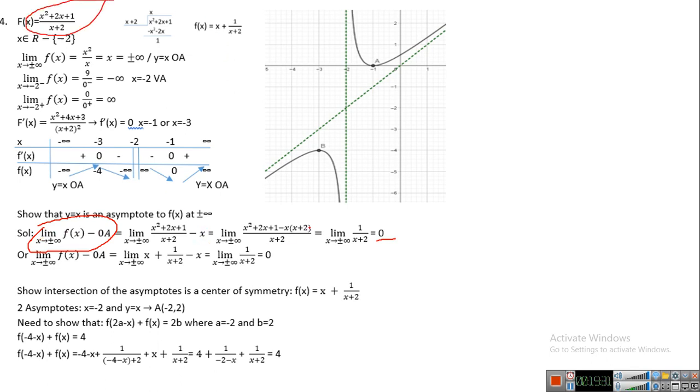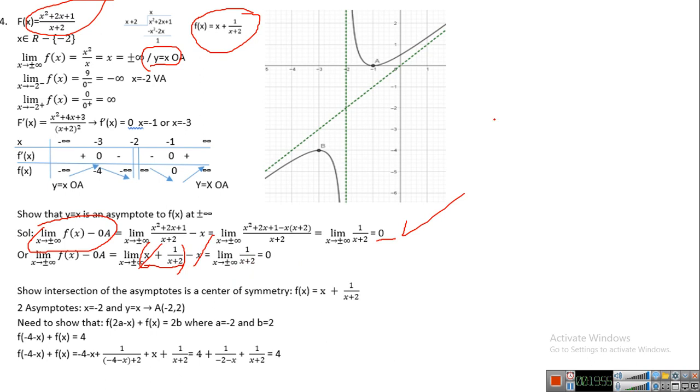So if you do it, you can use this one. Minus x, you must do the same denominator, whatever. You have a number over infinity, 0, what I want to show. That's why I told you it's better to write it in that form, not to do the same denominator and make a mistake. f of x can be written as x plus 1 over x plus 2, minus the oblique asymptote, here x. So x and x cancel. So directly you have 1 over x plus 2,